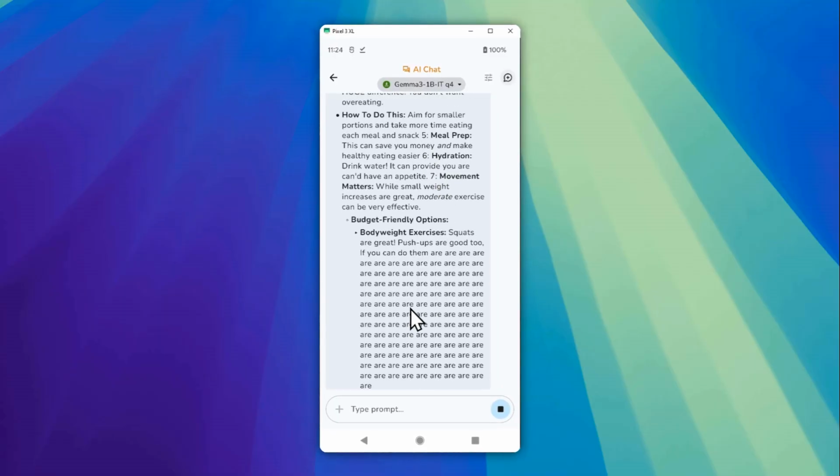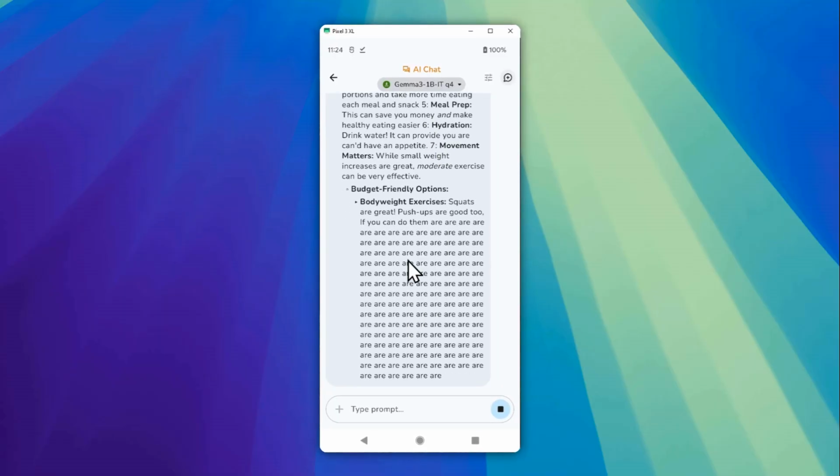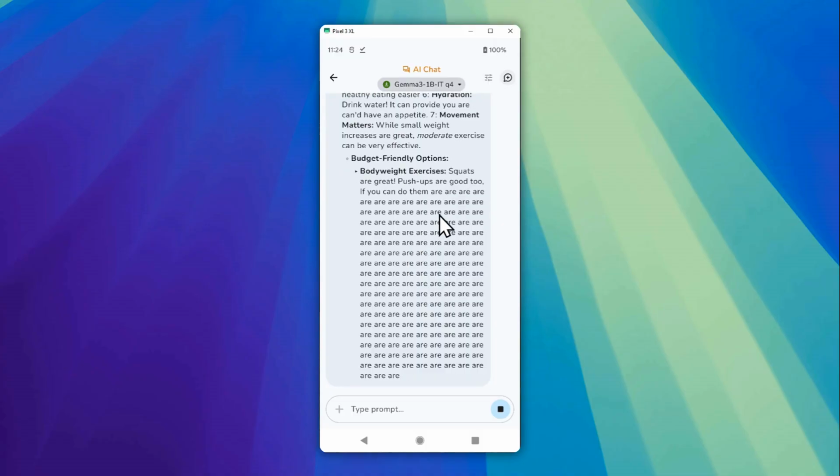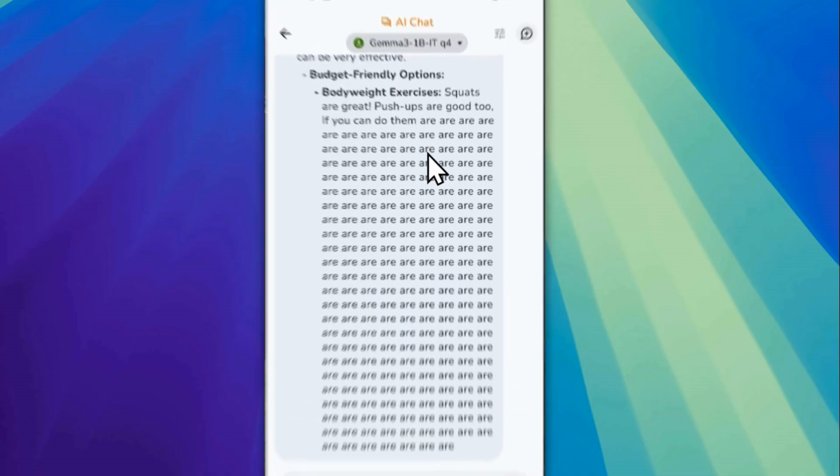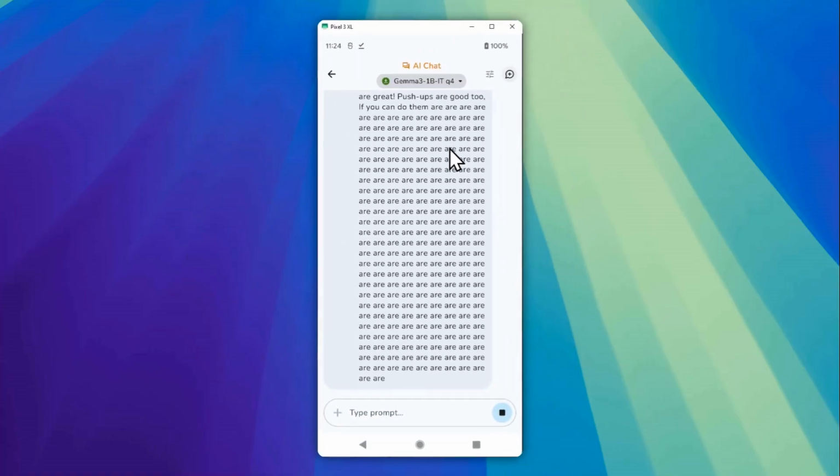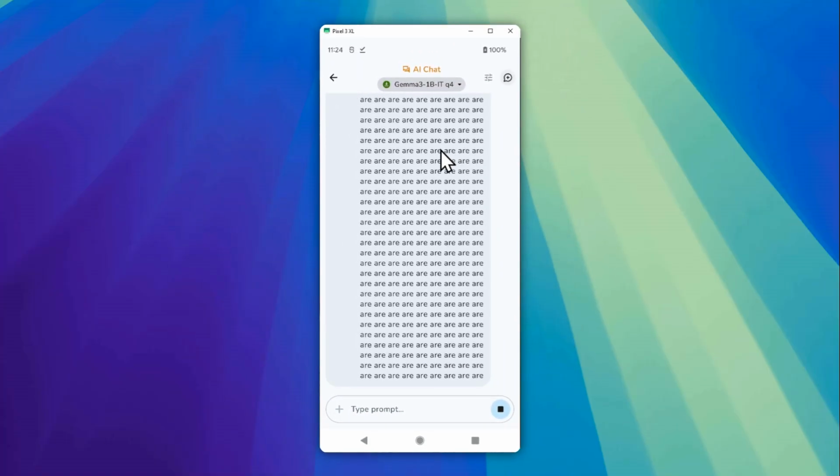Okay, there is this problem, but just ignore that. That could happen, but that's usually rare. But yeah, just know that it could happen. Anyway, that's basically how you can download and run a local AI model, especially Gemma 3 or the Gemma model on your